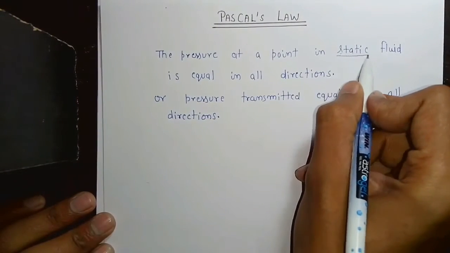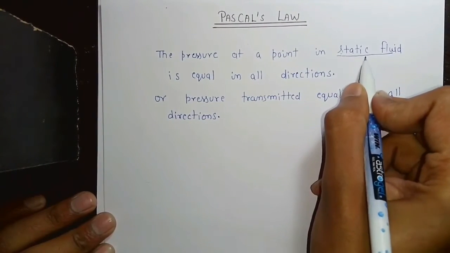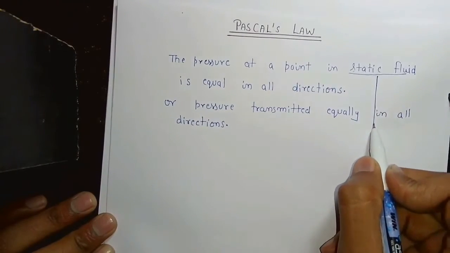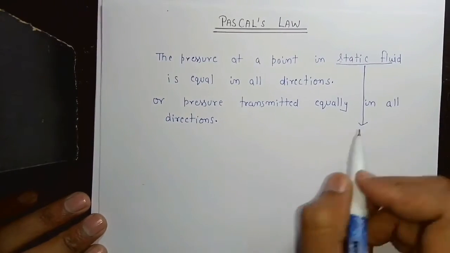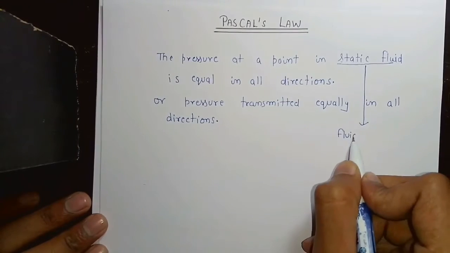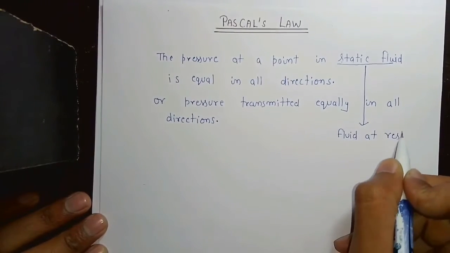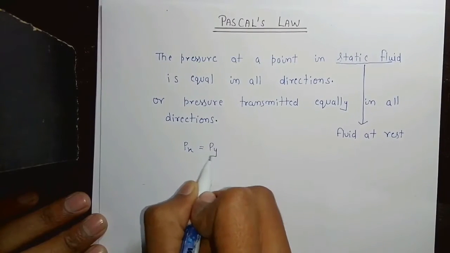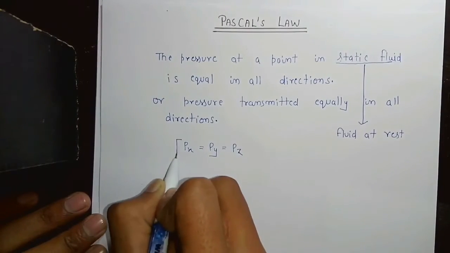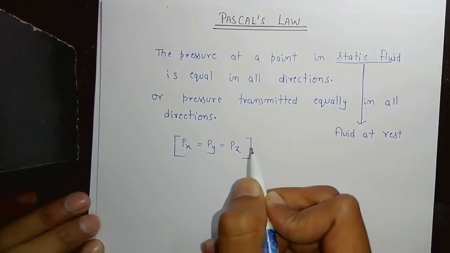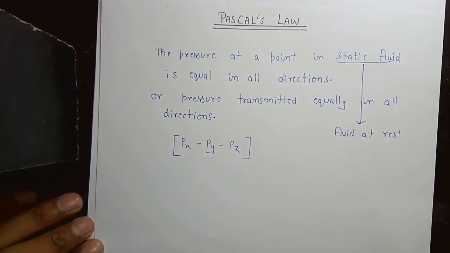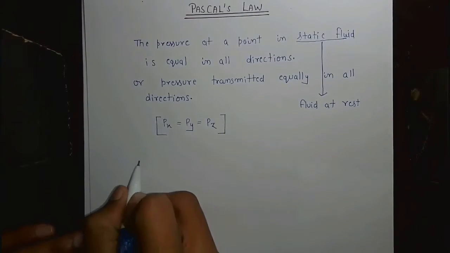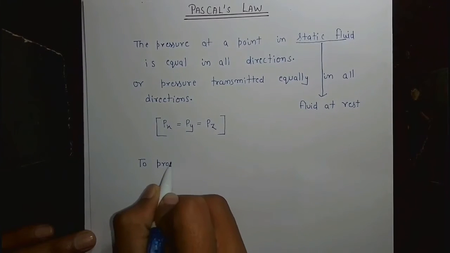Now static fluid means the fluid is at rest. Now pressure is equal in all directions. It means P is equal to P in x direction, equal to P in y direction and P in z direction. Okay. Now to prove Pascal's law,